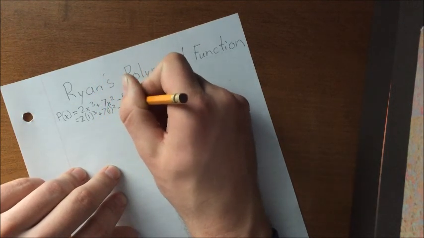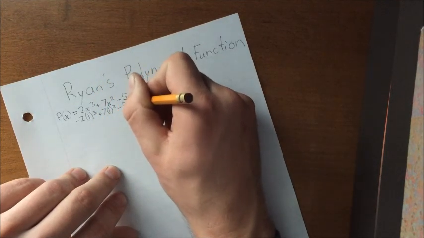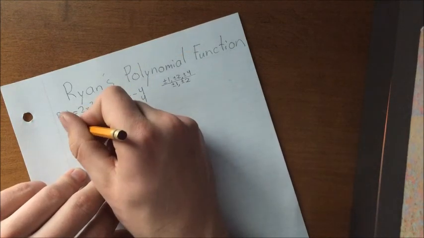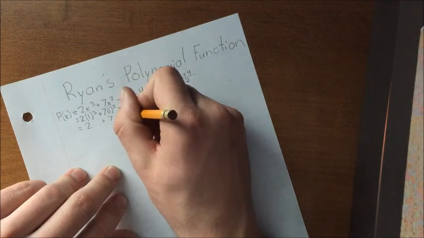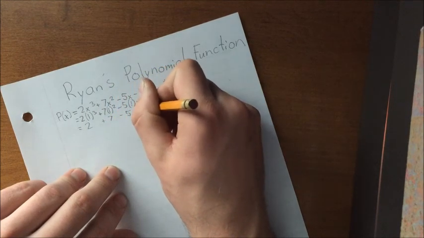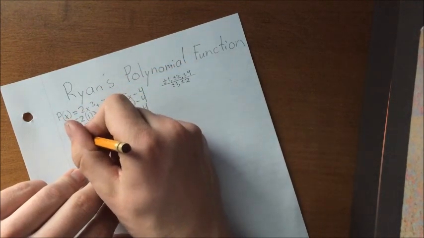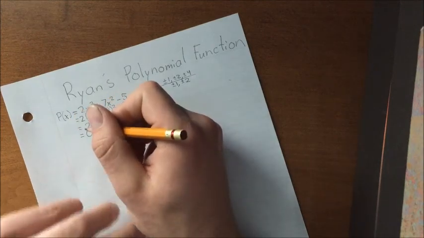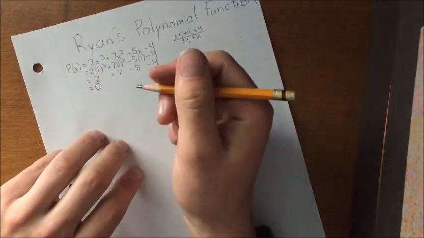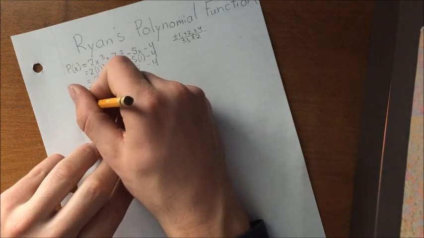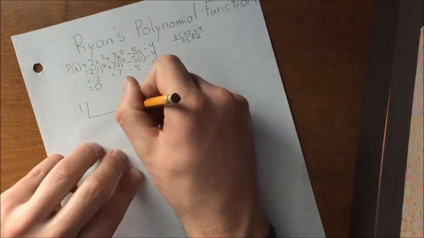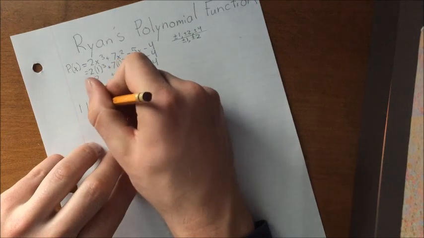Now when we plug one of these values into the equation, we need to see if that will make our polynomial function equal to 0. So as you can see here, I've plugged in +1 to start off with. And as a result, after doing all the calculations, it equals 0. Now that's what I want, because now that I know that it equals 0, I can use 1 in my